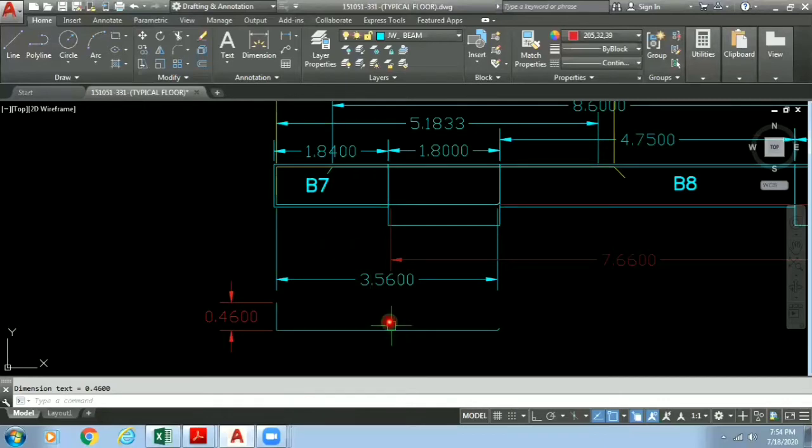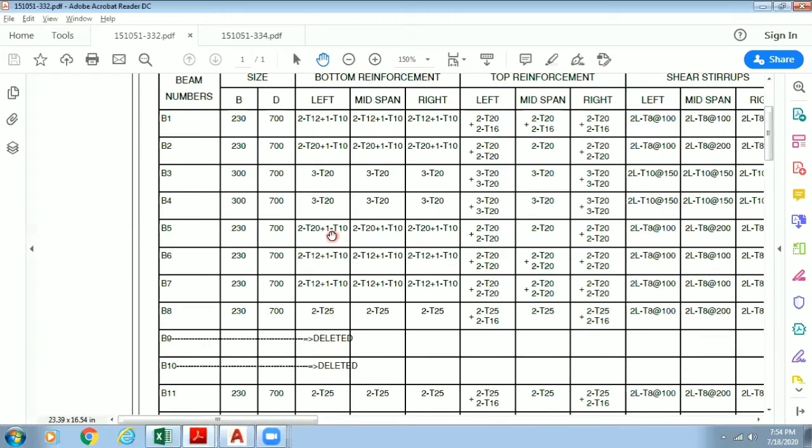Okay. Now, the next reinforcement which we have is in B7, B8. This T12 and T10 will have the same trajectory. So I have not shown any separate kind of reinforcement for them.